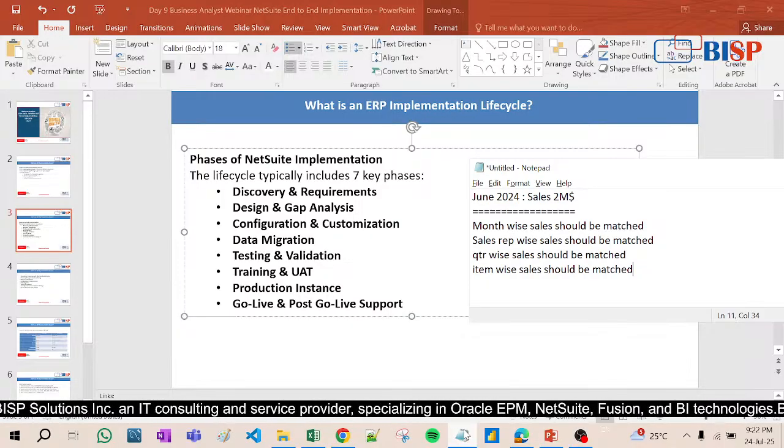After that, the client will insert the data in both applications, that is the legacy and also NetSuite. Now in NetSuite, they will check, for example, that whatever impact is shown in the legacy system and NetSuite should be equal. And for example, when some sales orders are created, whatever inventory is deducted should match in NetSuite and in the legacy system. So that is called post go live support,